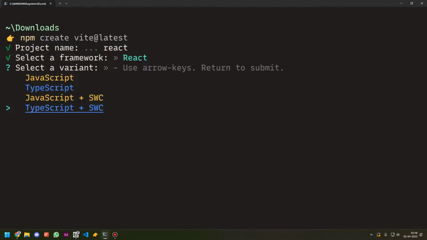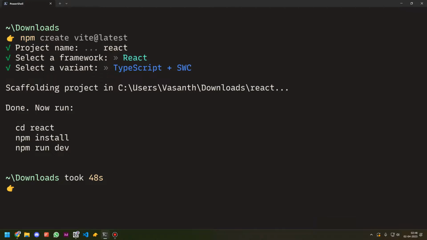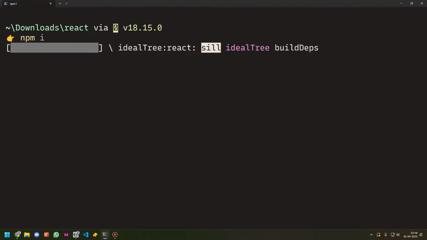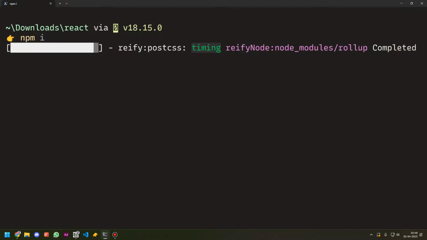And let me explain what this entire thing is. So I'll hit enter and you can see it's very quick, much quicker compared to Create React App. So let's follow the instructions. Let's go cd react. Obviously you wouldn't name your project React in an ideal situation. This is just a template example to show you. Here I'll do npm i to install the dependencies, and let's quickly talk about the differences between Create React App